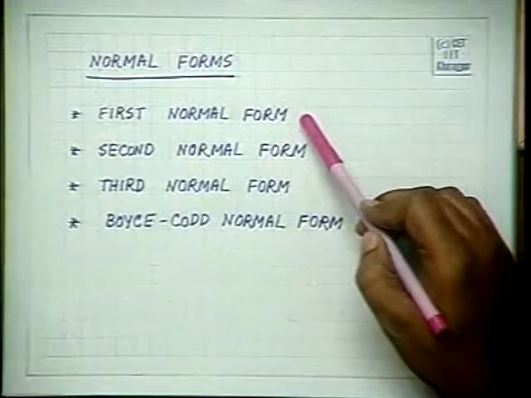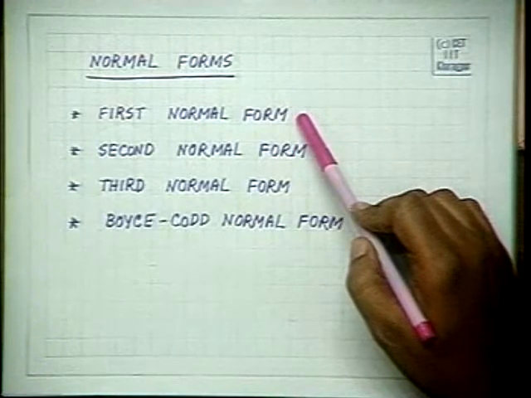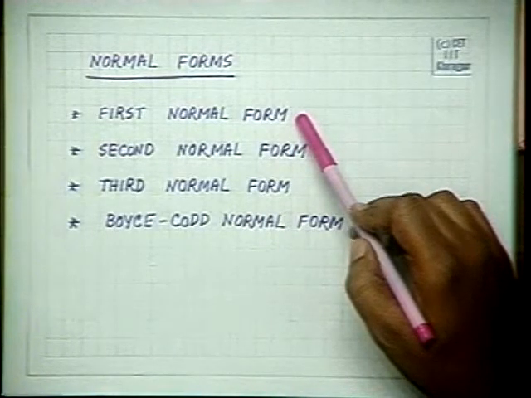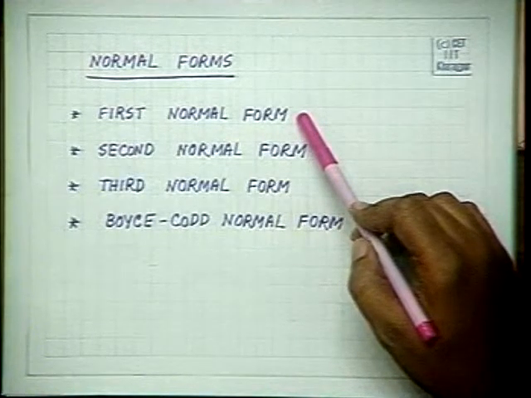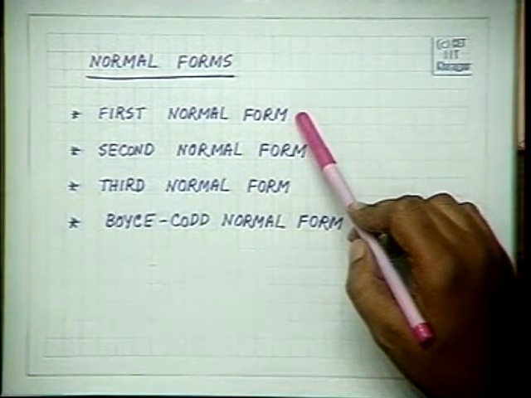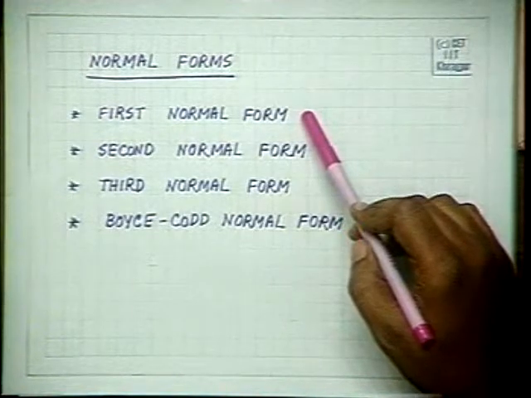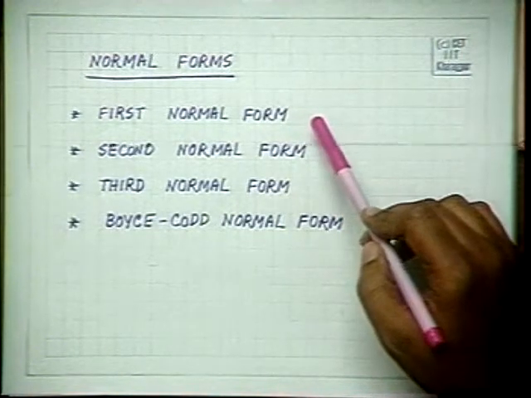We are currently discussing normal forms. Normal forms arise when we come to address the issue of redundancy and decomposition of databases. We have discussed various normal forms in the previous class. The first normal form is the simplest one, which states that all attributes must be simple. They cannot be nested attributes. That is, attributes may not contain sets of attributes inside an attribute.